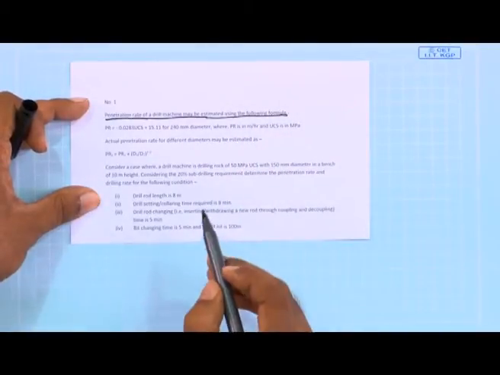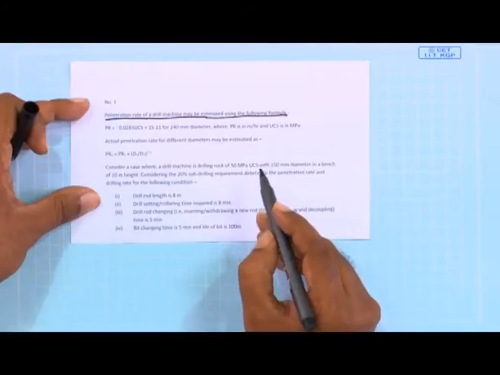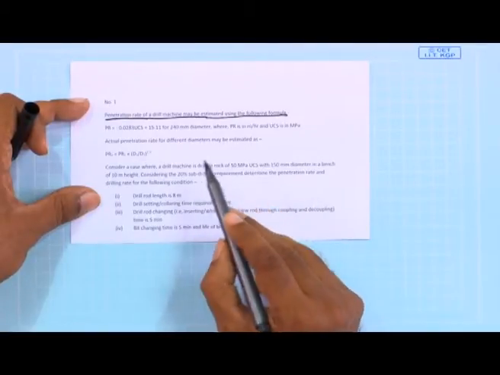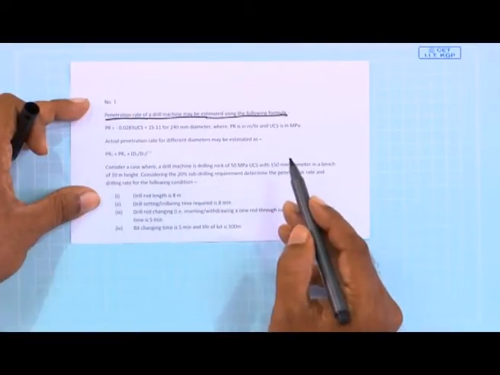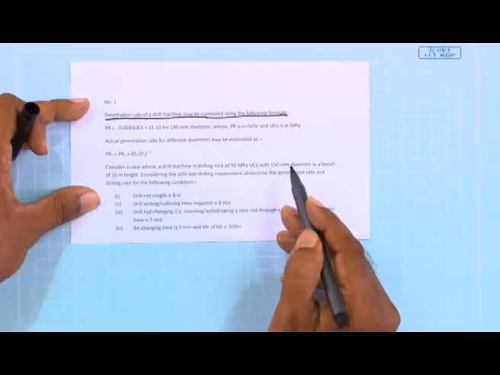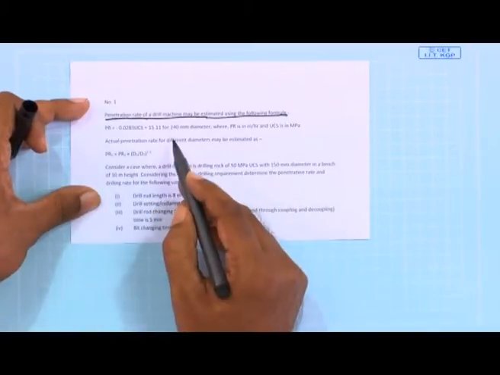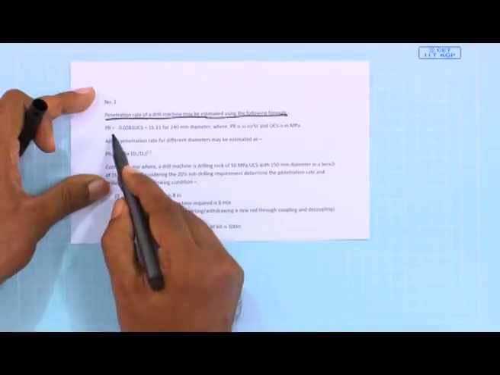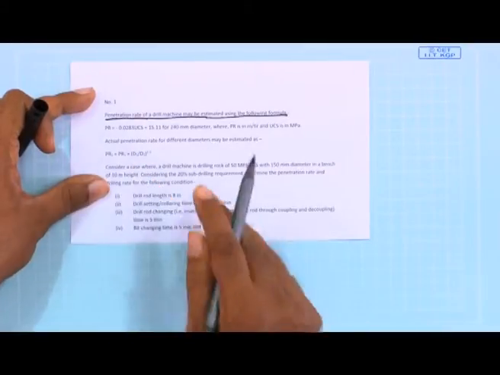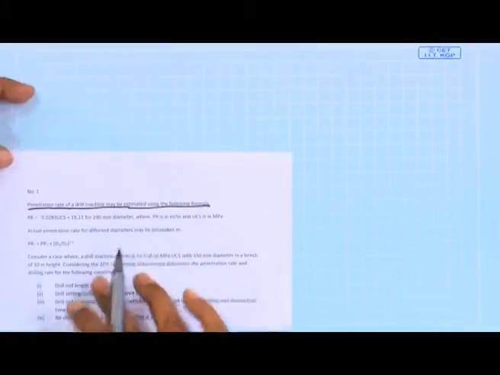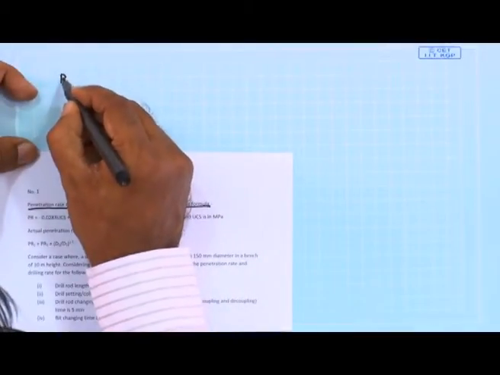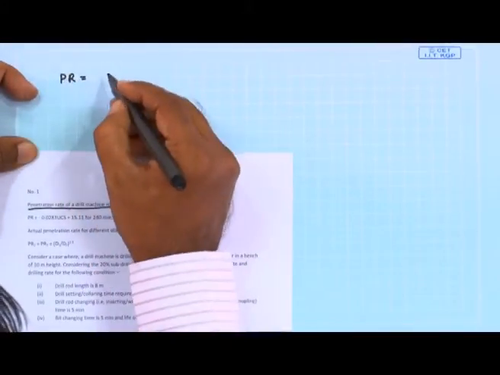So, it is understood that penetration rate is a function of rock property and the machine parameter, and it also depends on the diameter of drilling. So, this formula which is given, the penetration rate is given as the formula